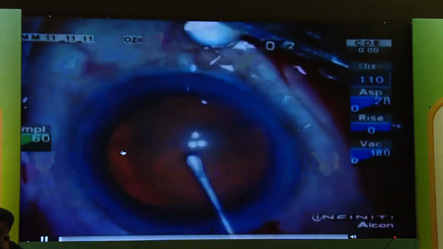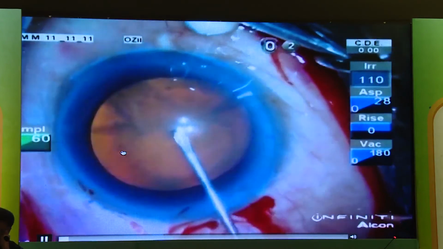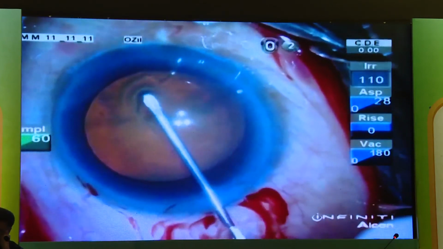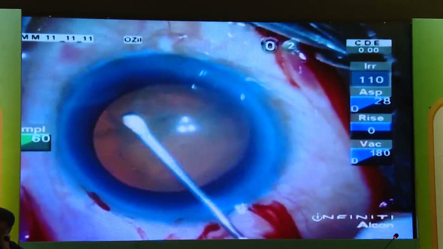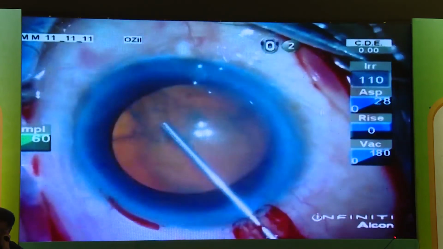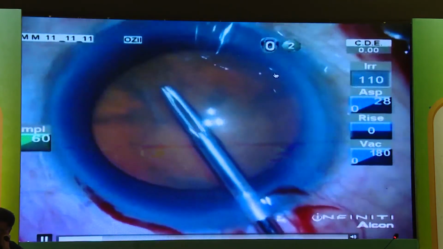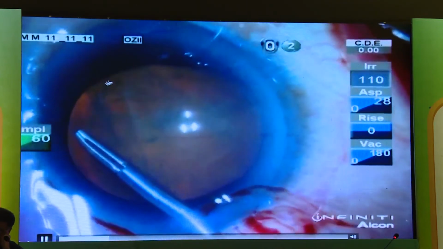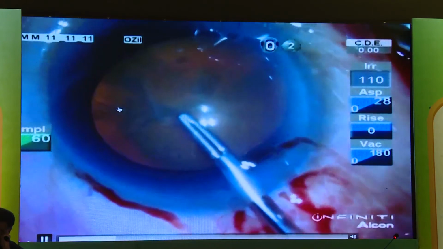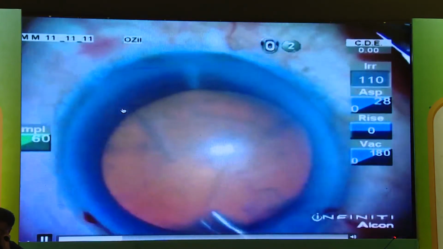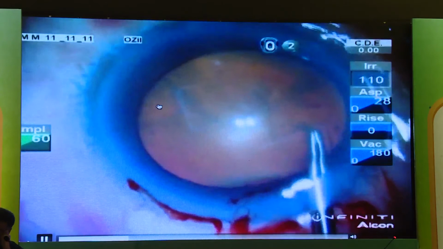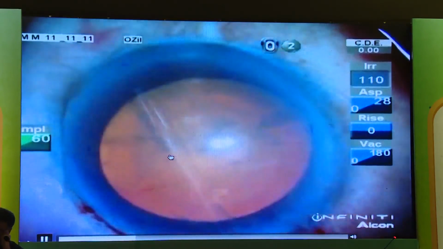See, in this case, you don't see much of an area of zonular dialysis, but when you touch it for a rhexis, you will see that wherever you move, the lens is also moving. So that means, now I put in more visco, and this area shows up here. There is more subluxation on that side. And this is again another indicator. When you try to hold the capsule, it will show wrinkles, it will show folds. So that is an area where there are no zonules. Here there are no wrinkles. That means you don't have